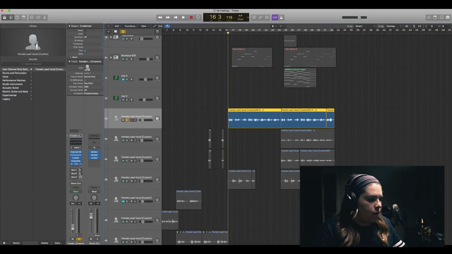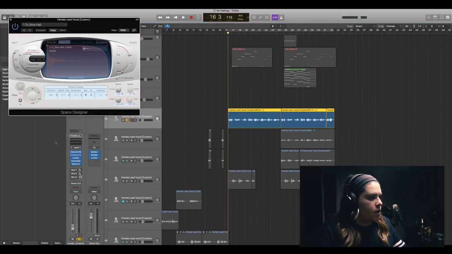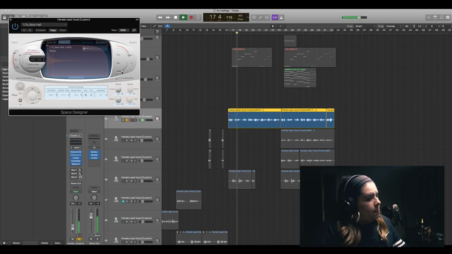You'll notice subtleties are what really make the vocals pop in a mix. Then I add some reverb. I like doing Reverb Space Designer. That's the one I usually use for my vocals. And this is what my settings look like. And again, that varies on the song. This is a singing vocal. If it were a rapping vocal, I'd probably put this a lot lower. Right now it's at negative 22. If it were a rap, I'd probably put it down like